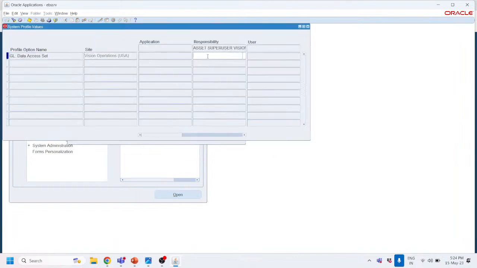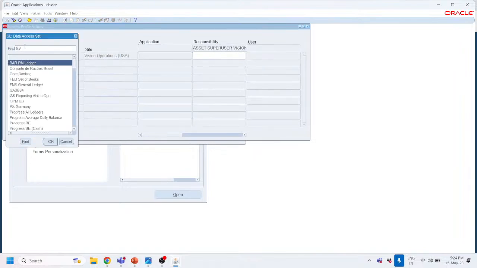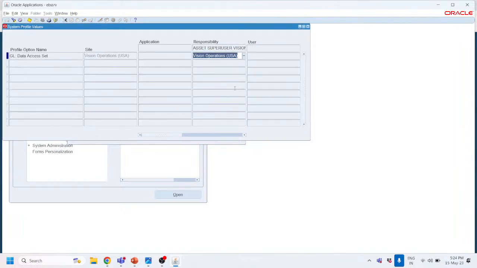I will provide the GL data access set, that is vision, so that is vision operation, here we are, vision operation USA, right? Save it down,